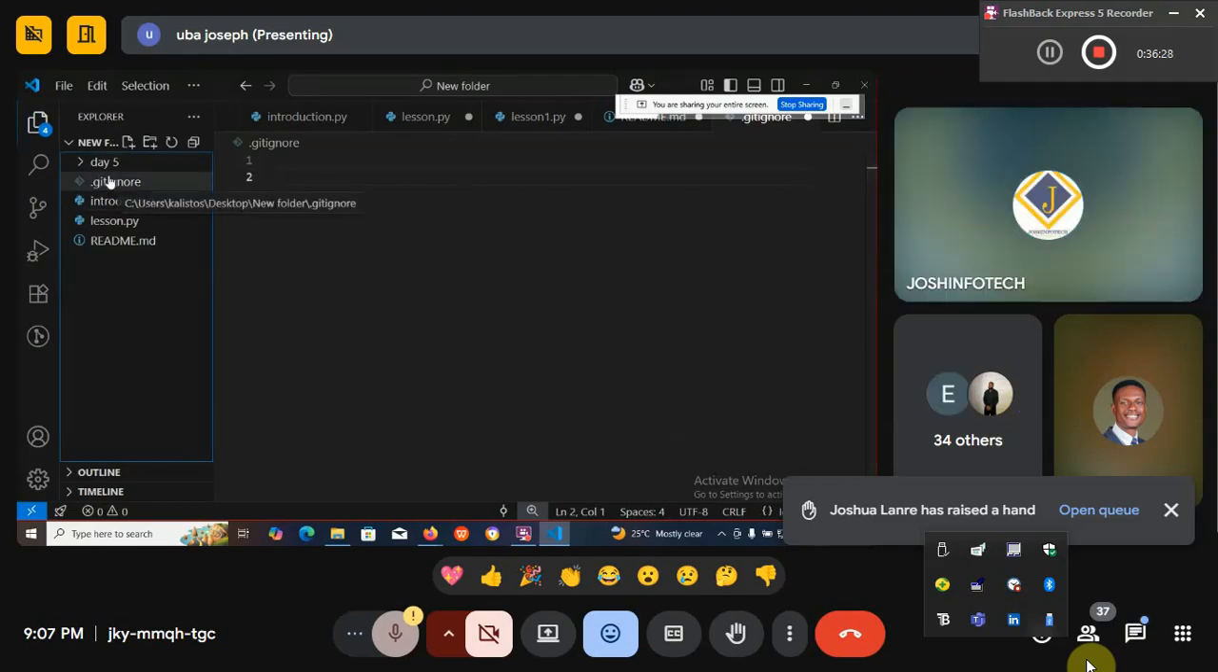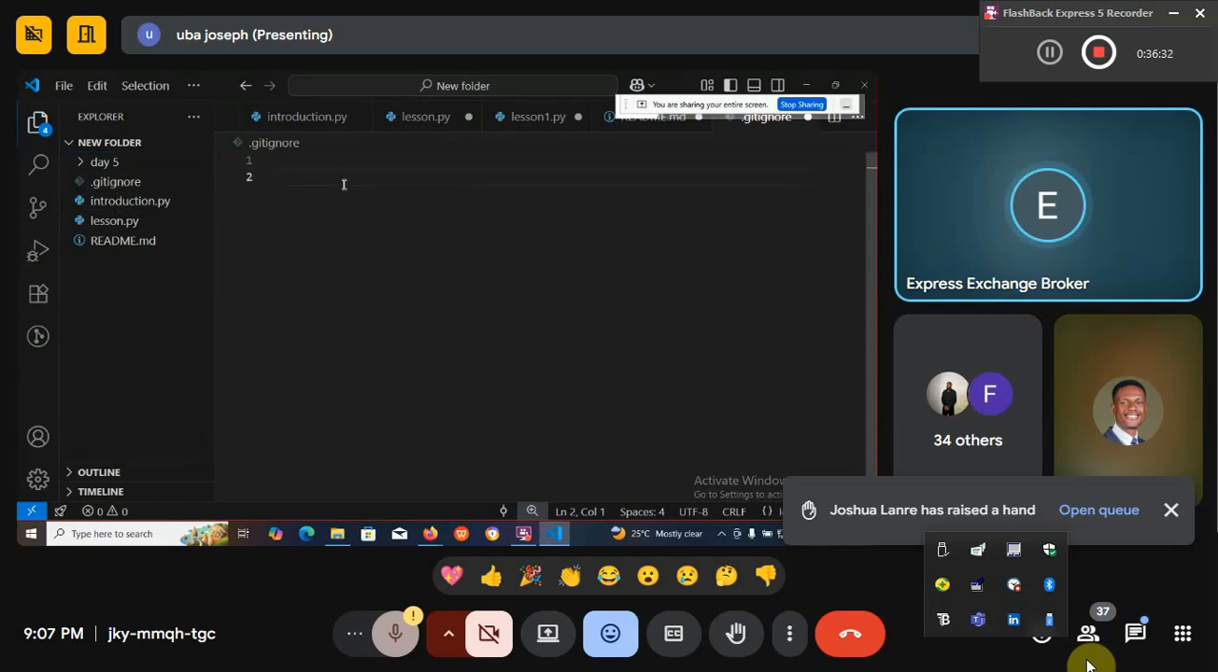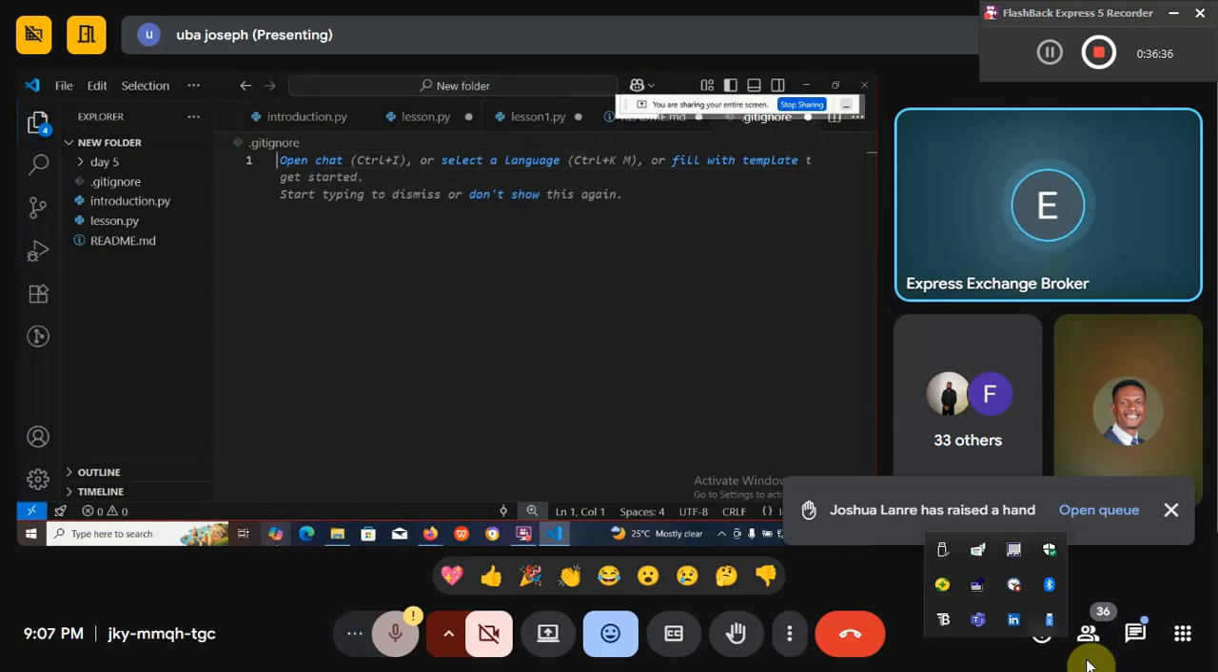Yes. Now, the git ignore. There are some like Windows, VS Code, Python. There are some default files that come with it, and that you may not totally know. You actually didn't create these files, but they are inbuilt in your system,